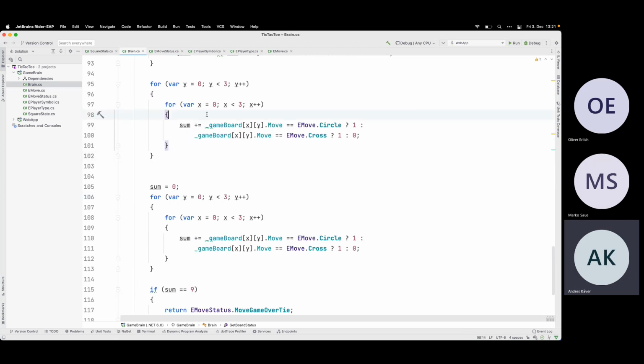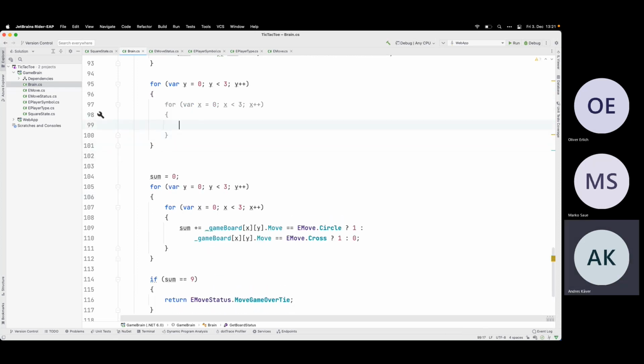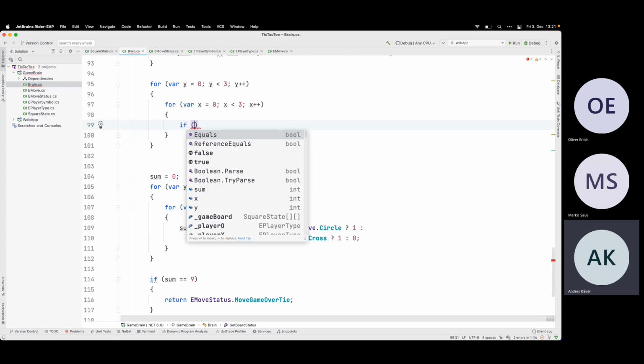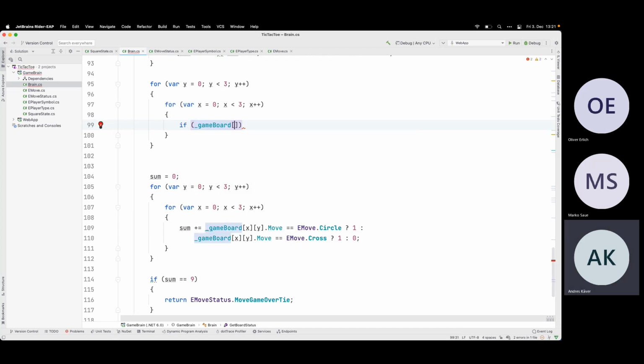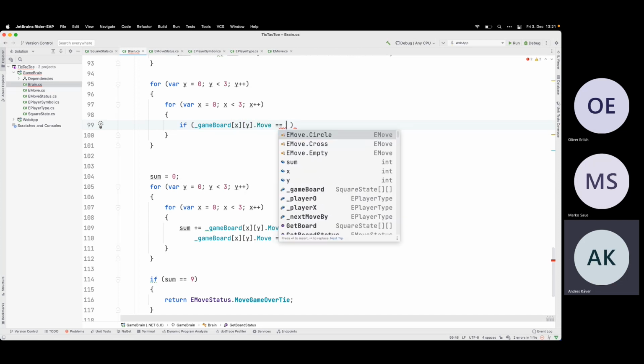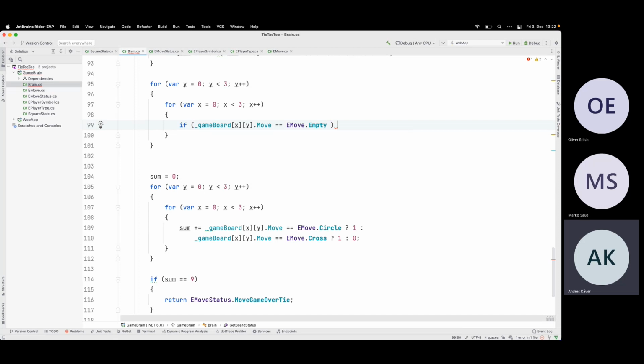If I do this, if game board x, y dot move, if this one equals to the empty, return.